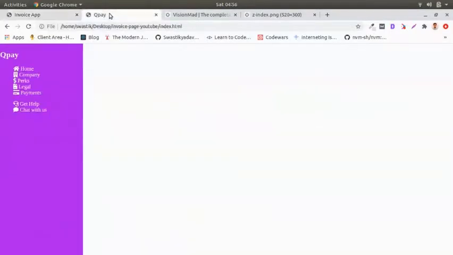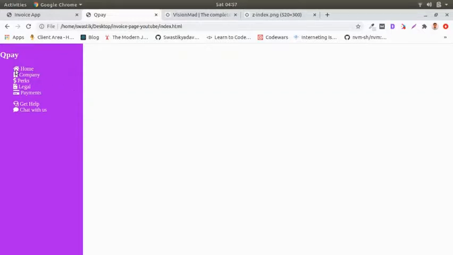But that's not the case in ours. We see they are not aligned. They are aligned by the images but not by the text. So what we can do is add some space for the icons on the right so that all of them are aligned from there.